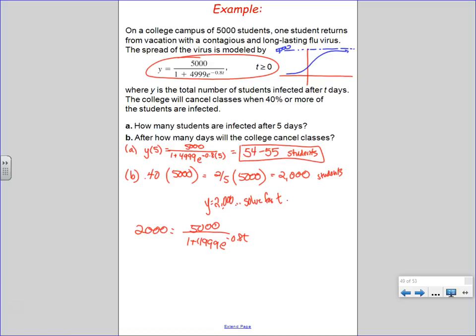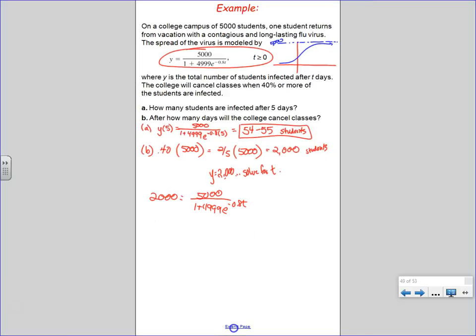Yeah. So then you would have gotten on this side 1 plus 4,999 e to the negative 0.8 t equals 5 halves. Can I do that? 5,000 over 2,000? We have to subtract the 1, yeah? So we can't touch any of this stuff until we get rid of that 1 plus on the outside. Subtract that 1, then divide by 4,999, so I have e to the negative 0.8 t equals 5 halves minus